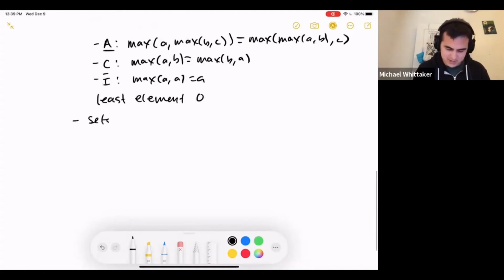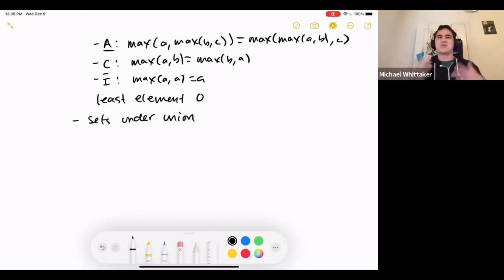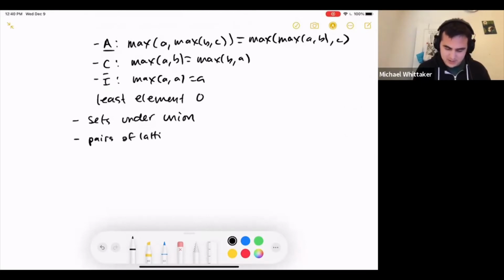So we have sets under union. I consider the set of all sets and the join operator is unioning them together. Hopefully that's also obvious. It's associative, commutative, idempotent. The empty set will be the least element. And then we have some slightly more interesting ones. So for example, pairs of lattices. If you give me two lattices, I can hand you back a new lattice, and my lattice is simply pairs of your lattice. All right, so we'll say pairs of lattices, A, B,